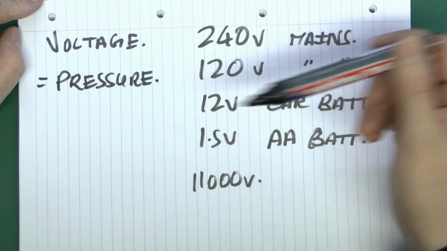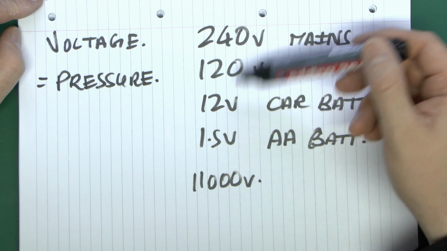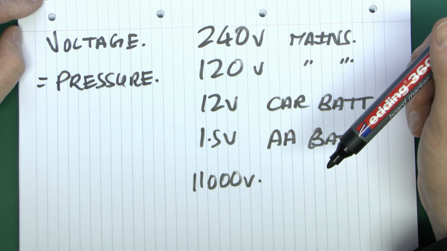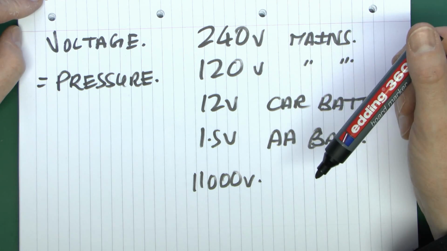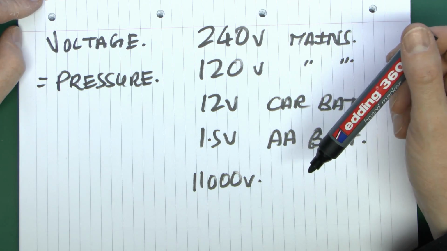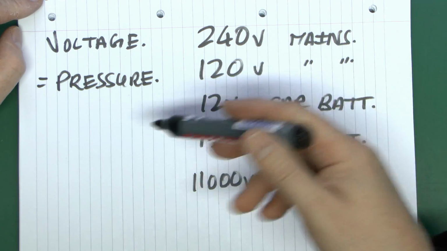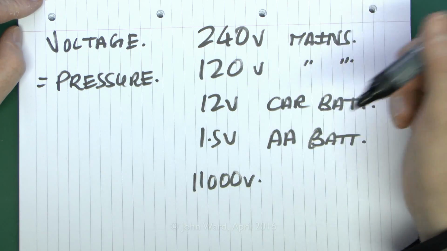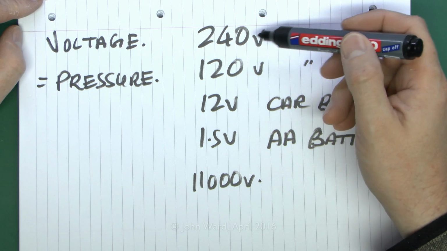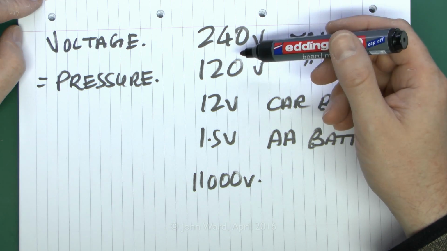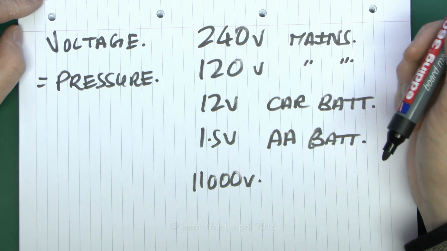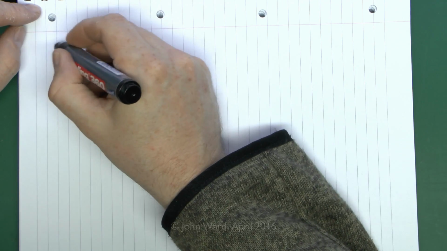And just as with pressure, say water pressure, if the voltage is higher, that means there's a lot more force behind it. So if you opened a tap and there was a massive pressure behind it, a huge amount of water is going to come out of there. But on the other hand, if there was a tiny pressure or none at all, then the water would only just basically crawl out of there. And the same sort of thing applies with electricity, in that if you turn up the voltage for any given piece of equipment, then a lot more electricity is going to be flowing through there. Now, speaking of how much electricity is flowing through there, this is the